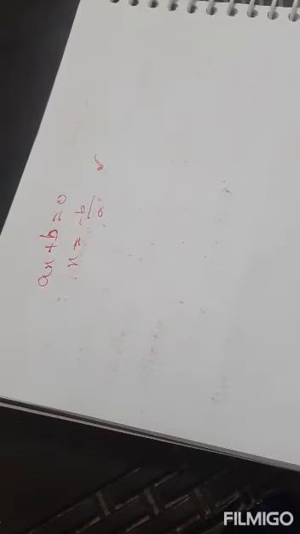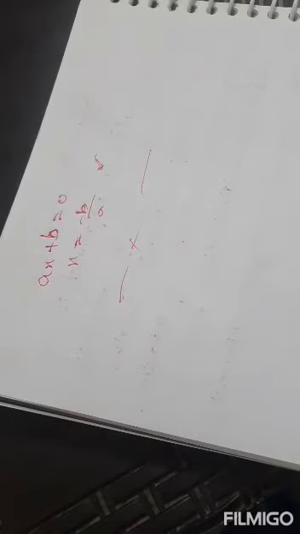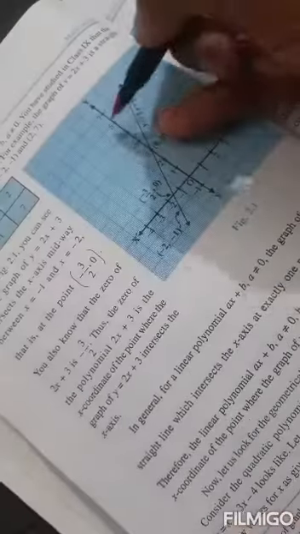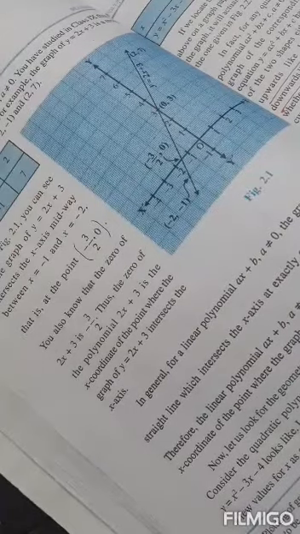So how can we find the root? For a linear polynomial that is very easy, because ax plus b equals 0, so x equals minus b divided by a. But when we are dealing with a quadratic polynomial, it will be a little bit difficult. The next point is the geometrical meaning of the zeros of a polynomial. It means at how many points the graph is crossing or passing through the axis. So that is called a root.